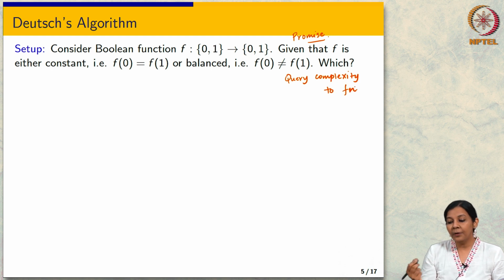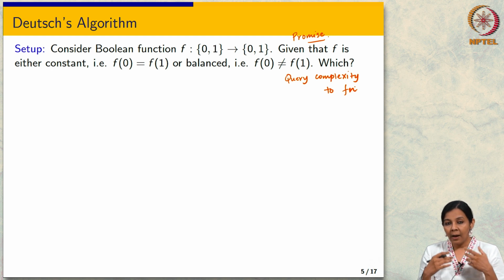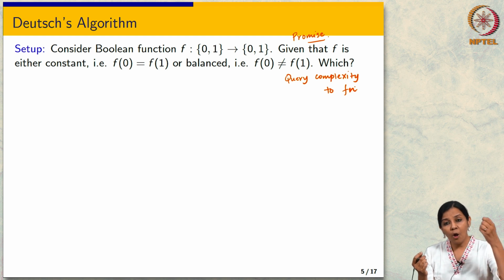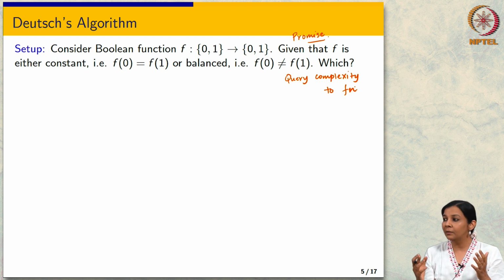So remember in the previous couple of slides I was talking about how I want to think of this function as an oracle, right. So I don't want to care about how it is implemented. What I am interested in is learning something about this function. In this example, I am interested in learning whether it is constant or balanced. I'm interested in thinking about how many calls to the function I need to figure this information out.